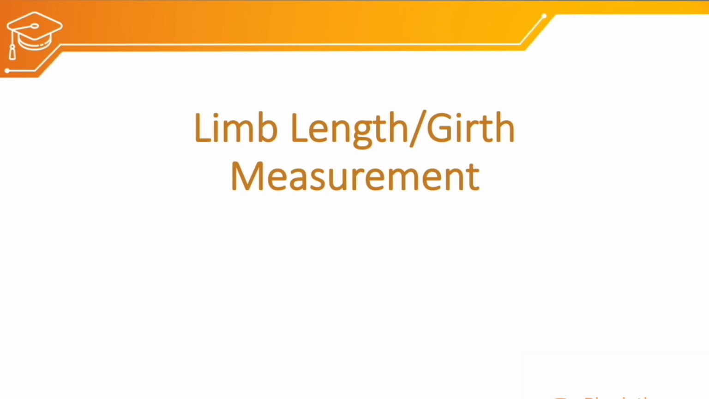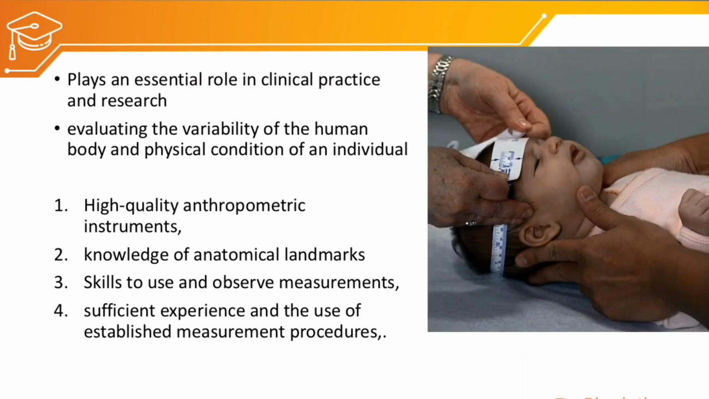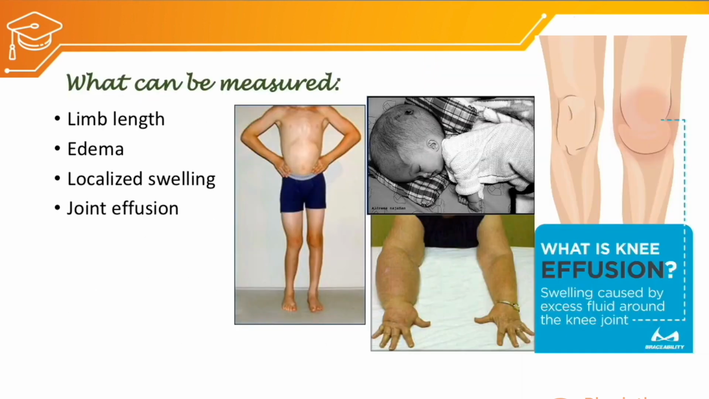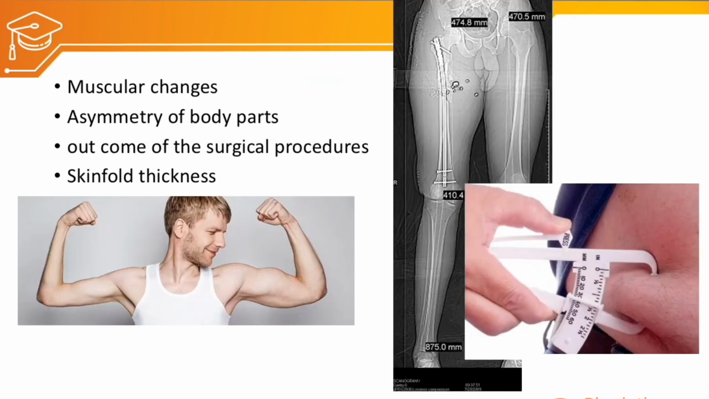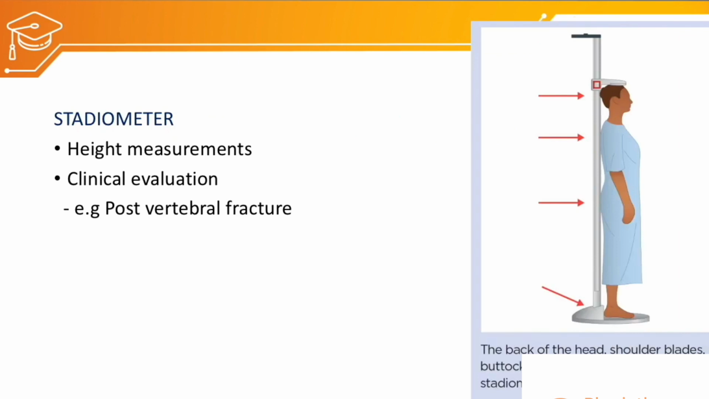Hello everyone, welcome back to exercise therapy class. We were discussing limb length and limb girth measurement. Last class we discussed what anthropometric measurements are, the principles of anthropometric measurements, and what can be measured by anthropometry. We can measure the limb length and limb girth spatially, and also see the changes at the muscular level. We can also see the asymmetry of body parts, and the outcome of surgical procedures. Some of the measurement tools that we discussed in the last class were the stadiometer, which is used for measurement of height;